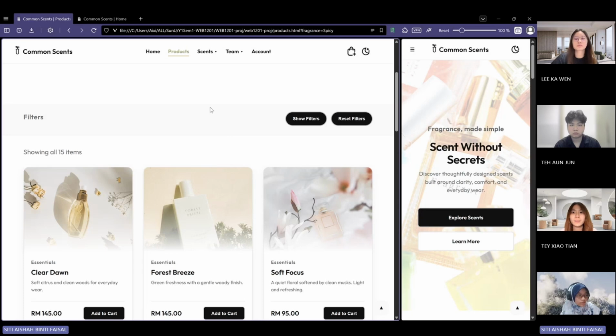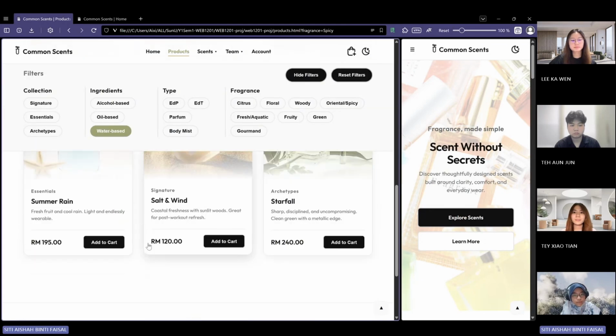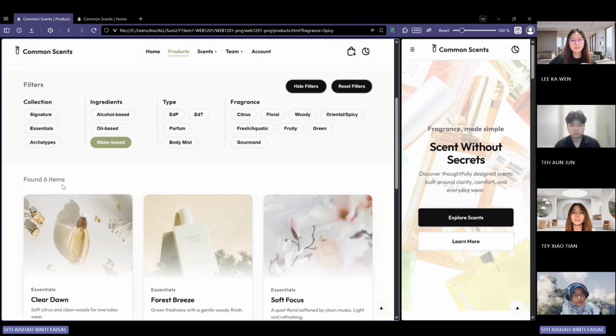And the users can filter products by collection, ingredients, type, base type, and fragrance ingredient. And when the filters are applied, the JavaScript updates the product grid. Let's say water-based, you can only see the water-based types. There's only 6 of them among the 15. And then the JavaScript updates in real time by modifying the document object model without users having to reload